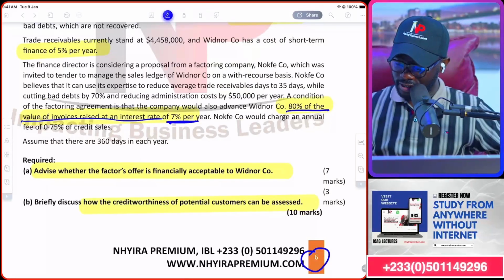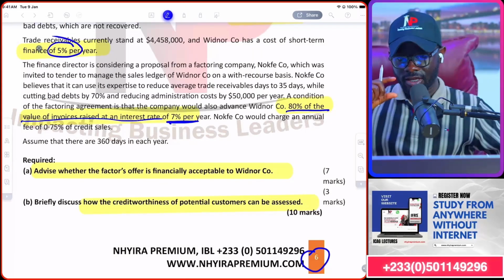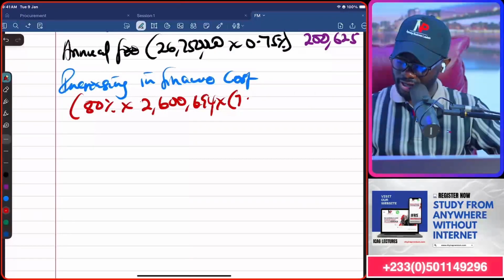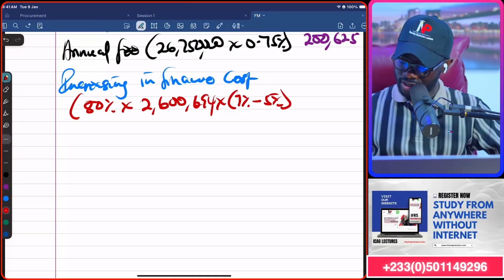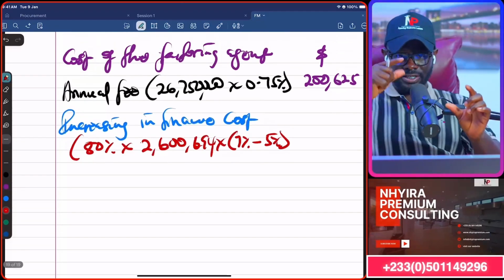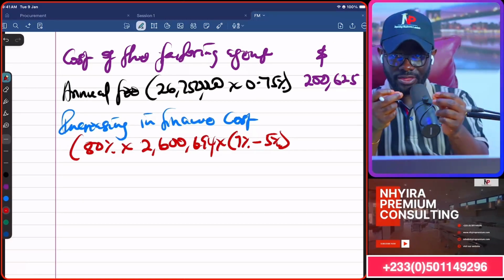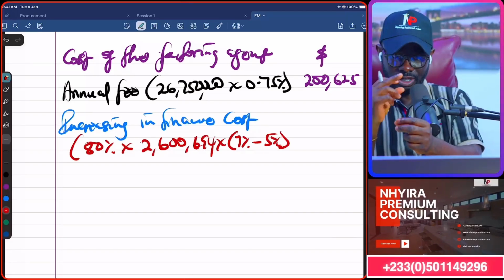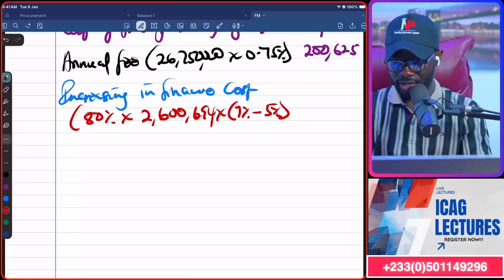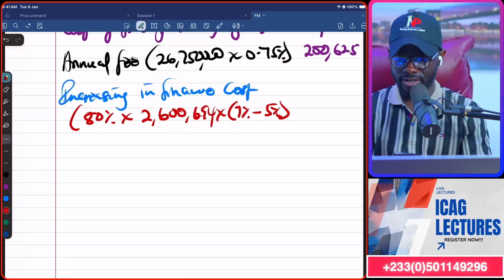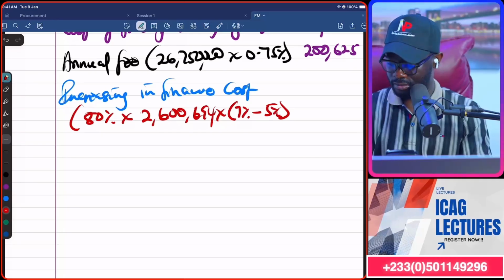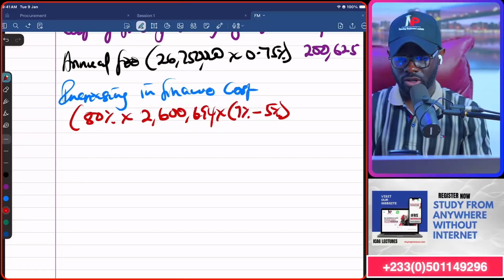We would have got it at the bank at 5%. So the increment, the extra payment, will be times in bracket 7% minus 5%. Okay? So it is the additional finance cost that we are thinking about. So let's build it in. 0.8 by 2,600,694 times 0.02, and that is